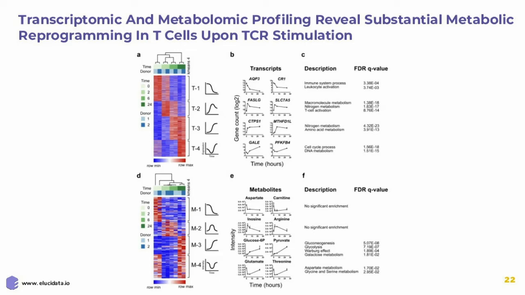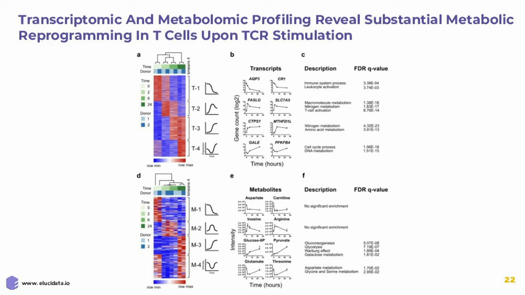So the comparisons of the profiles represented by T2 and T3 respectively. And these changes in the transcriptional level of genes were also accompanied by very similar changes in the various metabolite levels that were there inside the cell. But what was really lacking at this point was we had no idea of how these two data sets talked